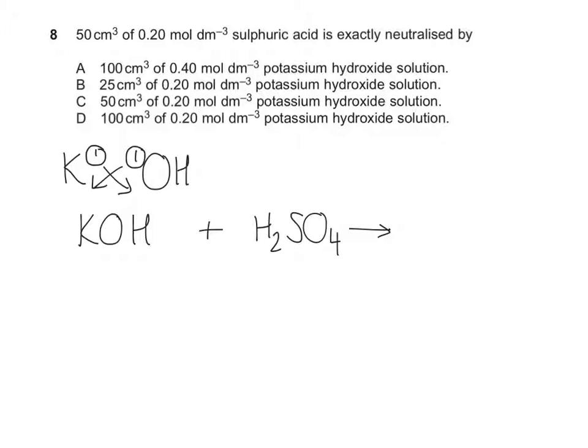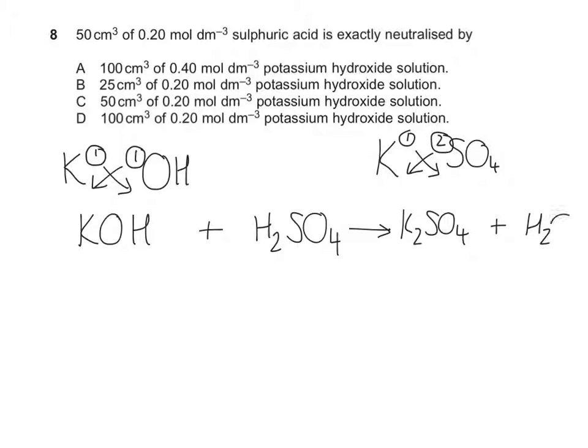is going to react in a neutralization reaction to give us potassium sulfate. Again, we need to do our swap and drop. Potassium is in group 1. Sulfate has a charge of 2 minus, so its valency is 2. Swap and drop that, we get K2SO4 plus water. Because here we've got a metal hydroxide